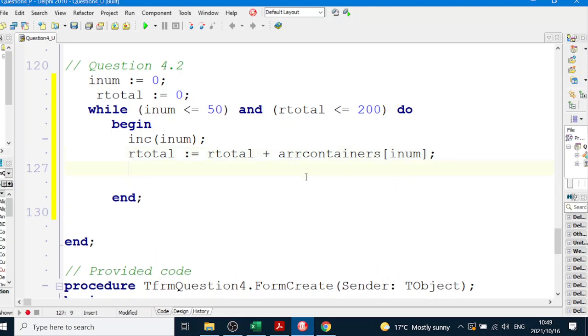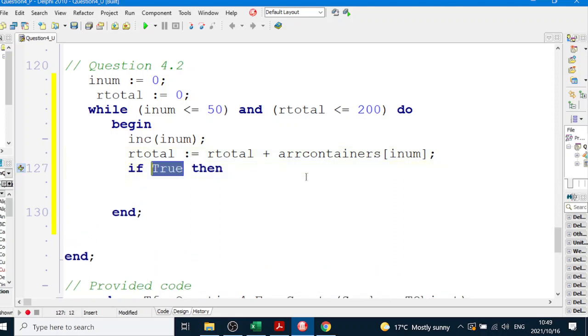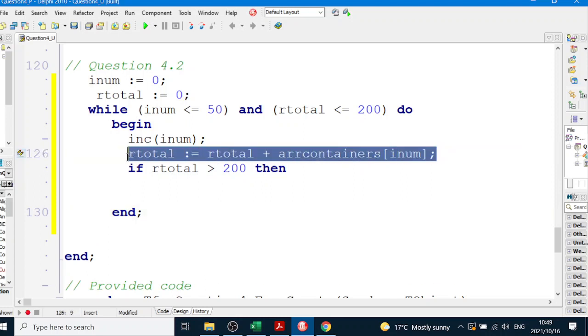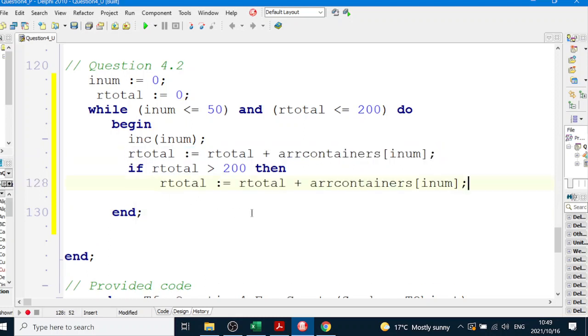And now we must ask the question: if our total is greater than 200, then we're going to subtract that box number. We don't want it. You know what I mean? No, we don't want it if it's greater than 200. Else